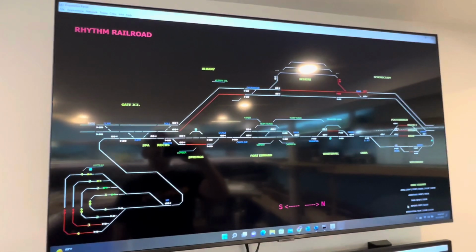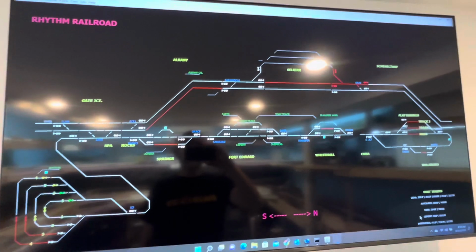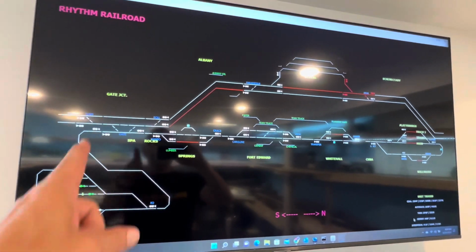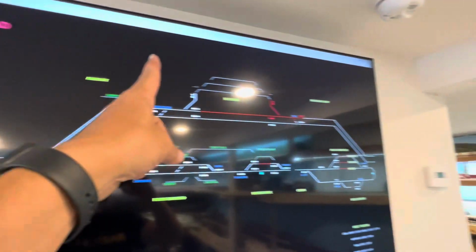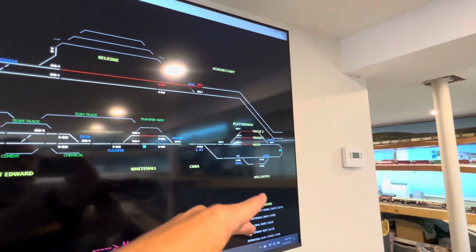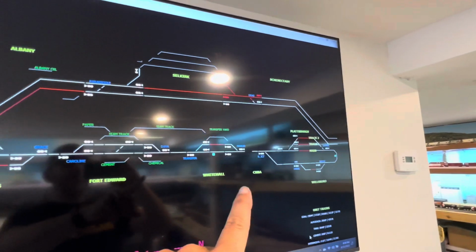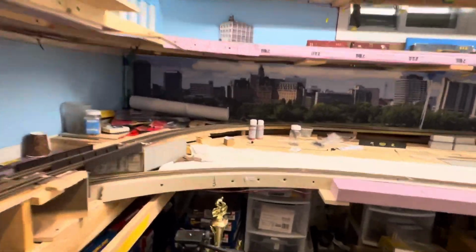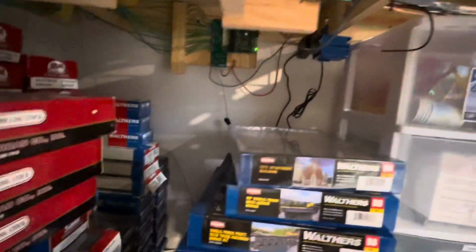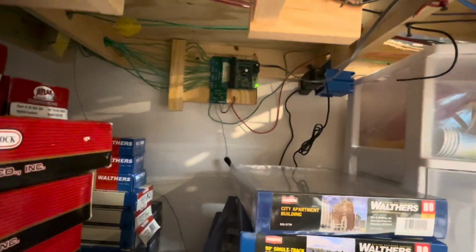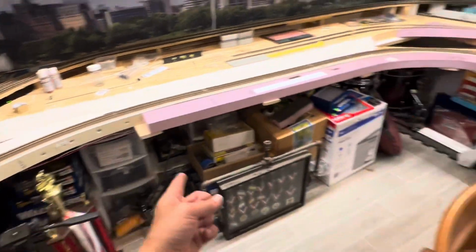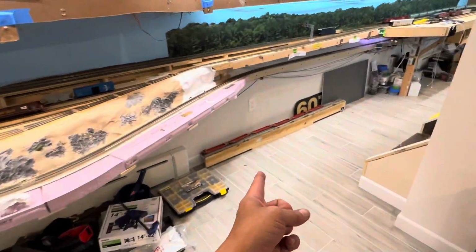So the plan right now, and I think this might work, is that I'm going to assign that fake block that goes from here all the way around on both tracks. I'm going to assign a separate block to that using one of my available blocks that I have on my block detection. I have 2 available right now down here at the bottom. To test it out, I'm just going to run a wire straight through. But I think what I'm going to do is actually,